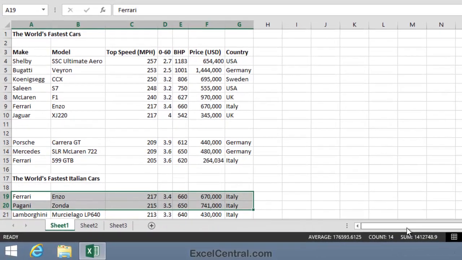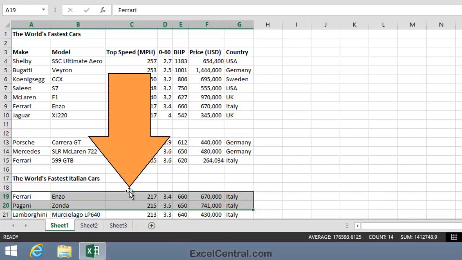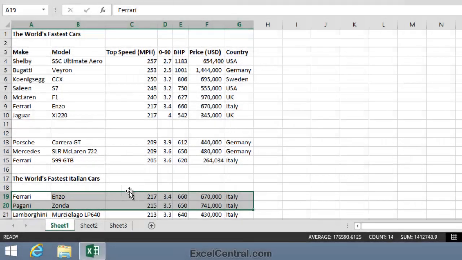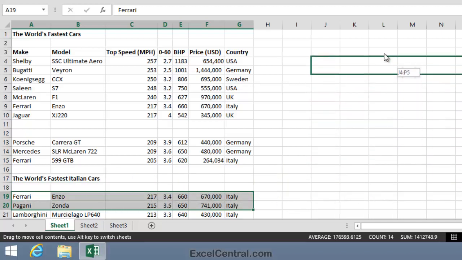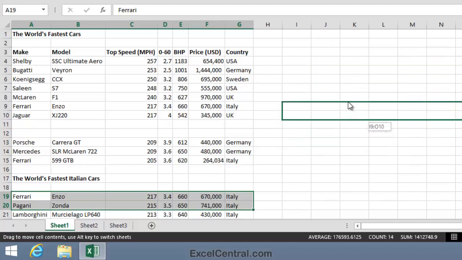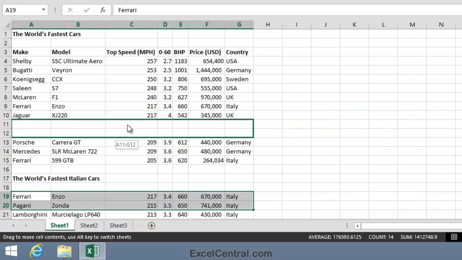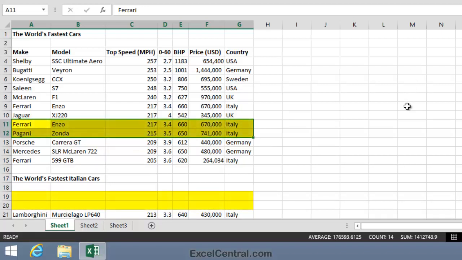So we now have the range A19 to G20 selected, and when I hover the mouse cursor over the border of the selected range, you can see that I have the four-headed arrow cursor shape. Now I can drag and drop these cells into rows 11 and 12. So I hold down the left mouse button and then start to move the mouse. And as I move the mouse, you can see that a marquee has appeared, showing me where the cells will be copied to. Well, I want them to go into these cells in rows 11 and 12. So I release the mouse button, and the values in rows 19 and 20 have been moved to row 11